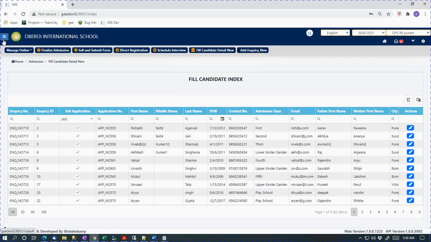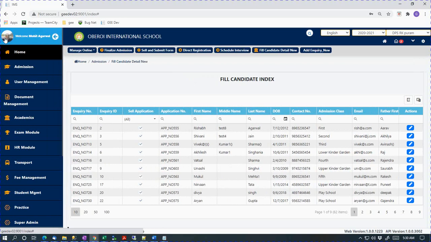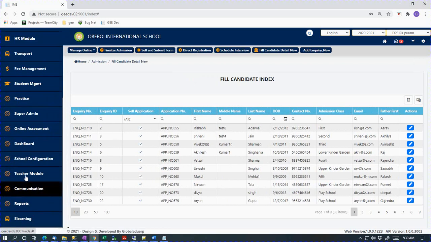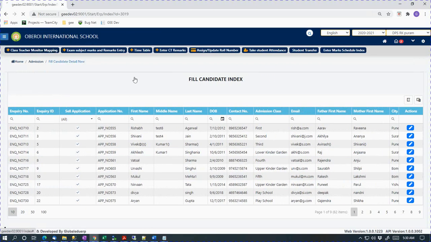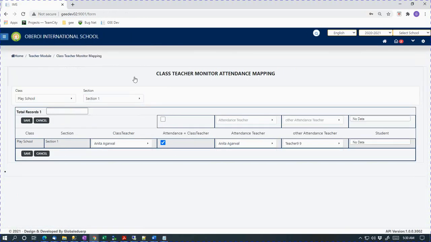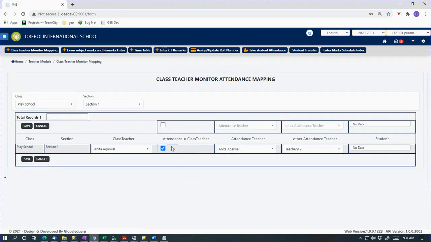Now, what is form validation? I'll show you. If I go into the teacher module and class teacher monitor mapping, I have a checkbox: take attendance teacher is equal to class teacher.